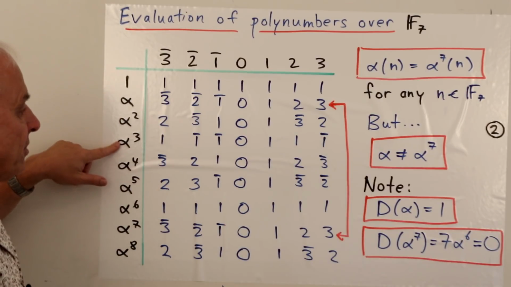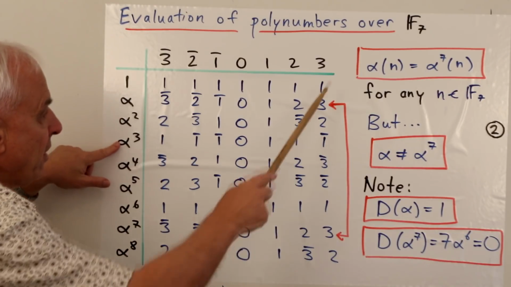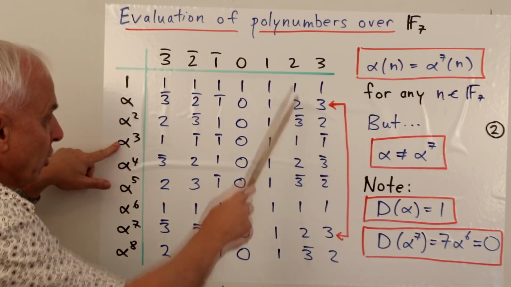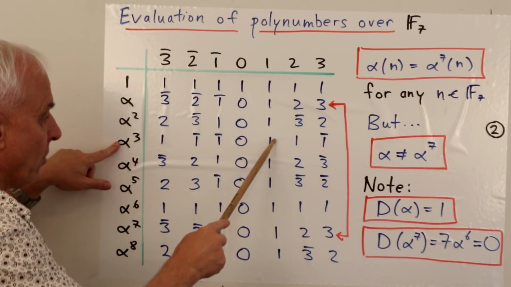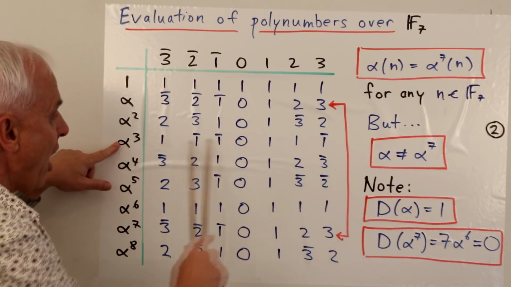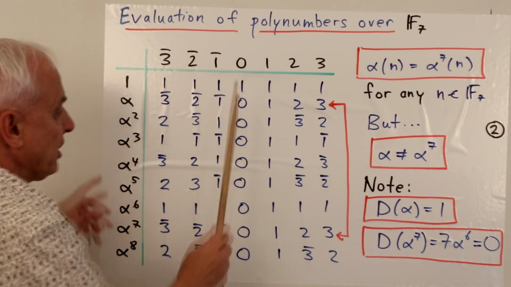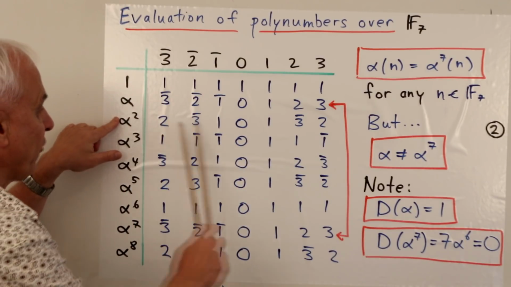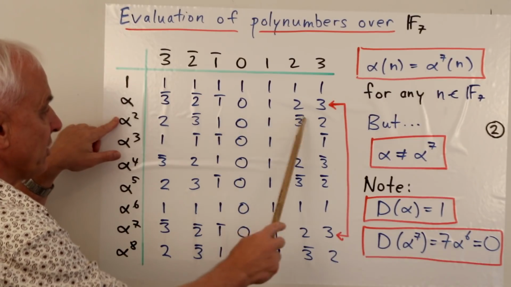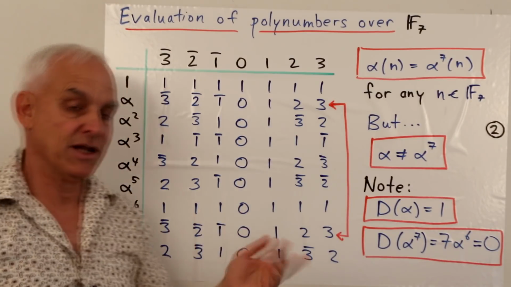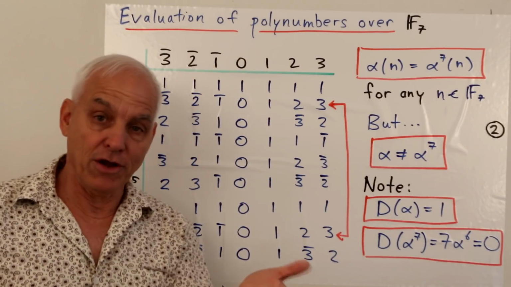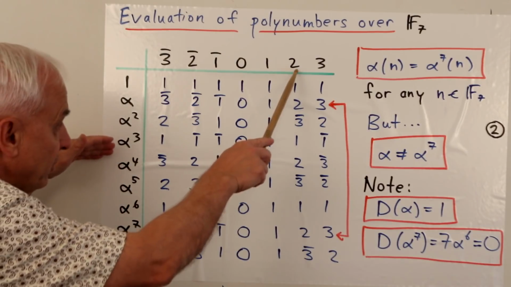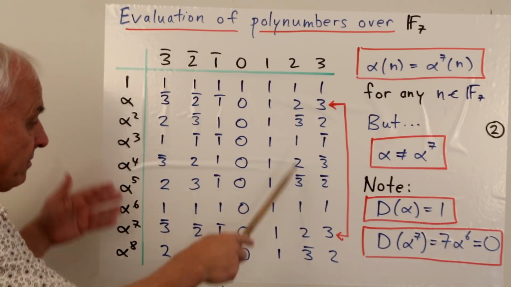And then alpha cubed. Things become simpler with alpha cubed. 3 cubed, for example, is 27, which is the same as -1 or 1 bar. 2 cubed is 8, which is 1. 1 cubed is 1. Note that this is a kind of an odd thing, so that the symmetry around 0 is an anti-symmetry at this row here, while with the even ones, like alpha squared, the symmetry is a pure symmetry around there. Okay, that's one of the advantages that you get by working with this representation of a prime field. And so I've just listed them. You can check, just take 1 of 2 and take powers of 2 and reduce mod 7.